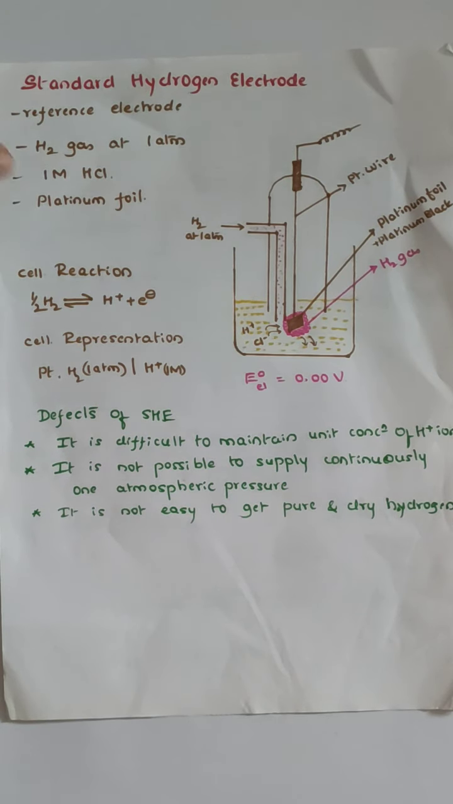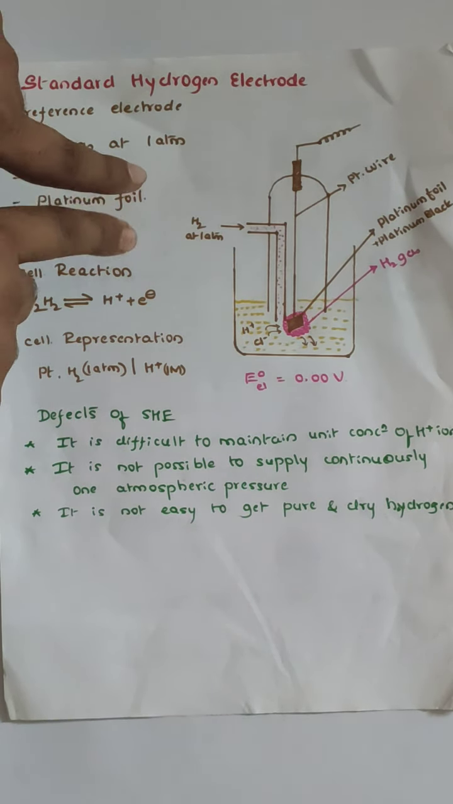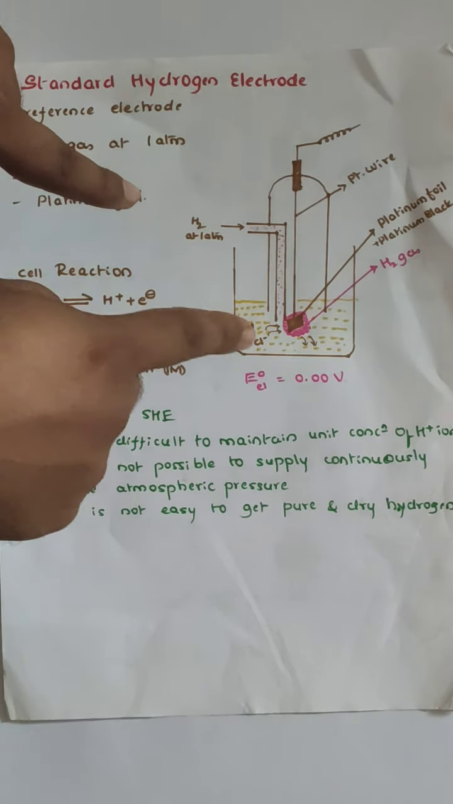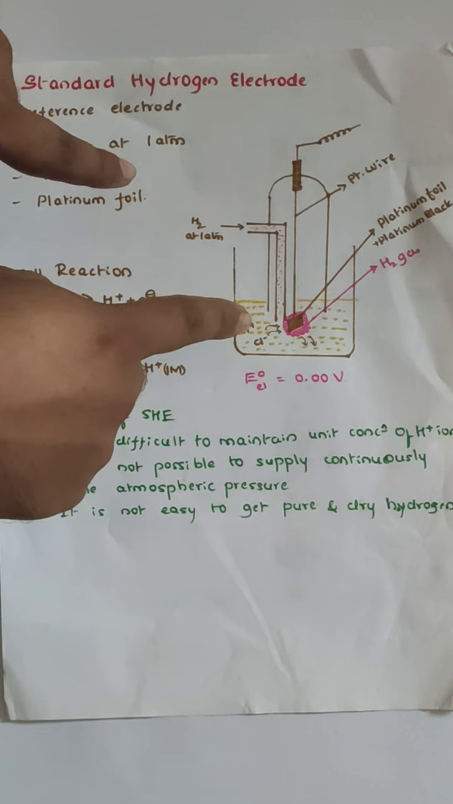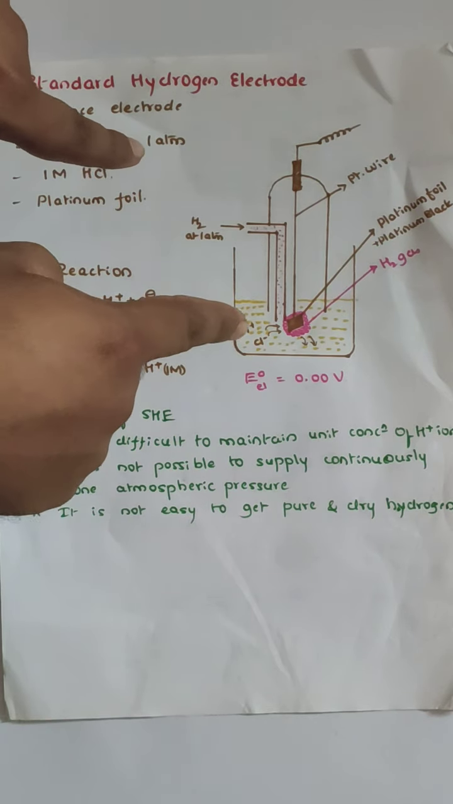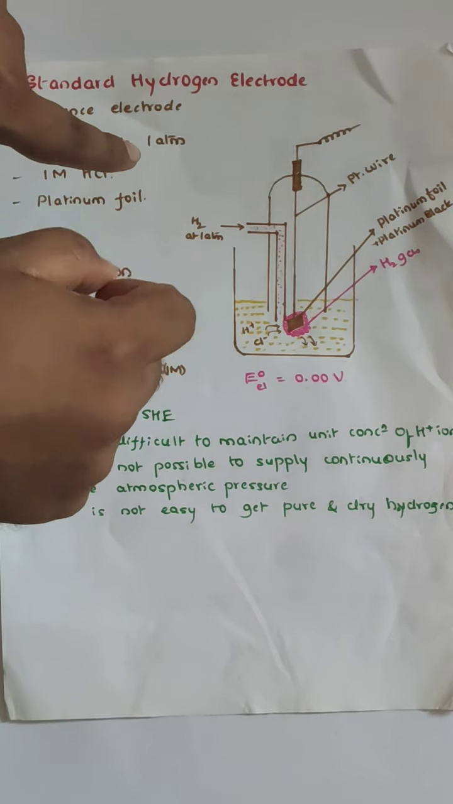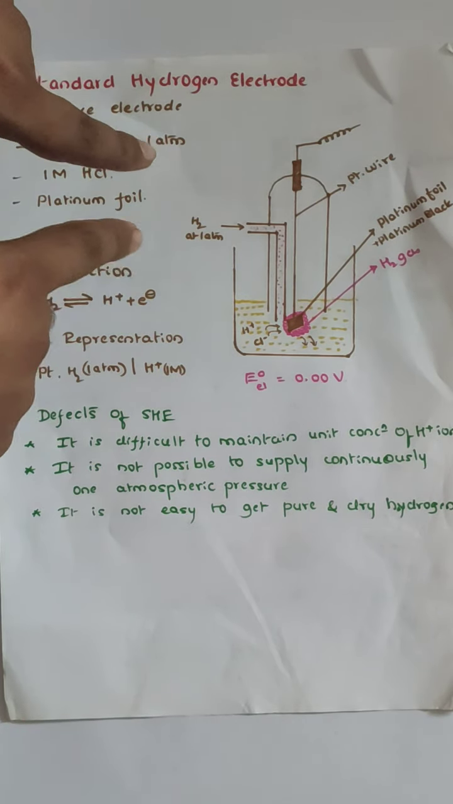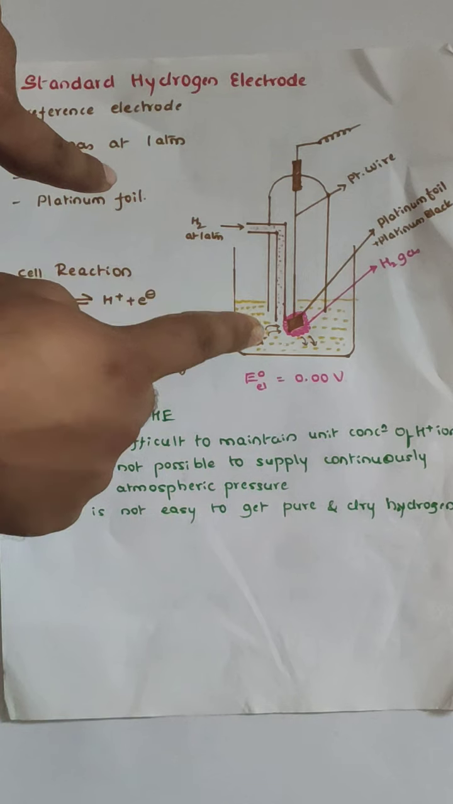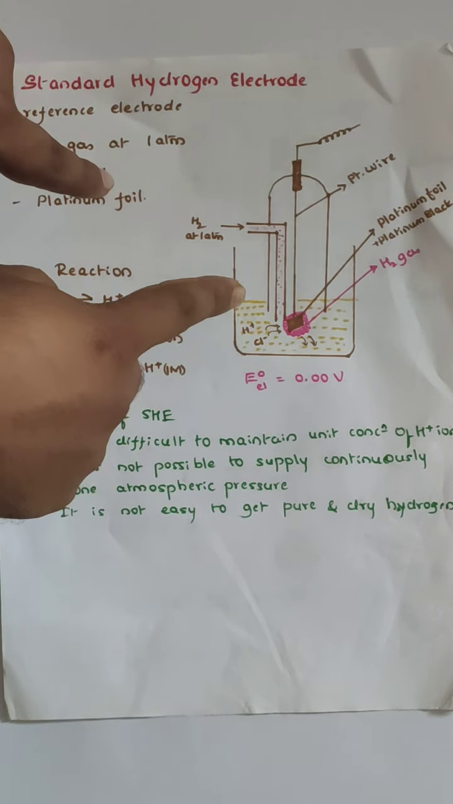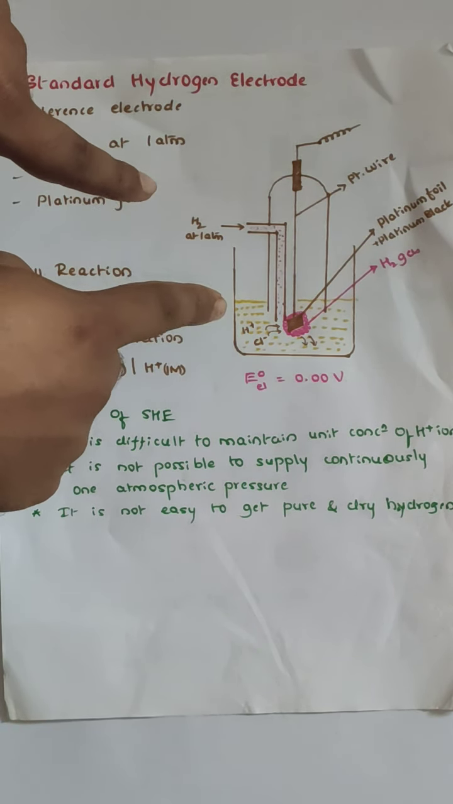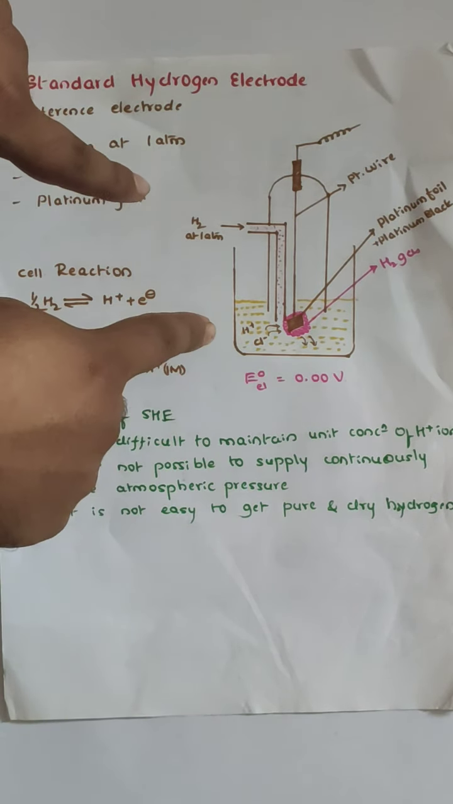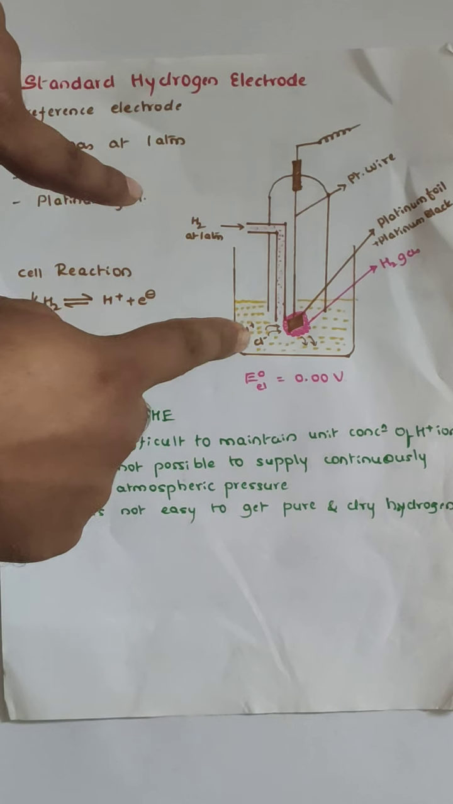When the hydrogen gas is bubbled at 1 atmospheric pressure, here we take platinum foil which is coated with platinum black. The main reason for that coating is to increase the adsorbing capacity. So this hydrogen gas gets adsorbed on the platinum foil. There is an equilibrium between the hydrogen gas and the hydrogen ions present in the 1 molar